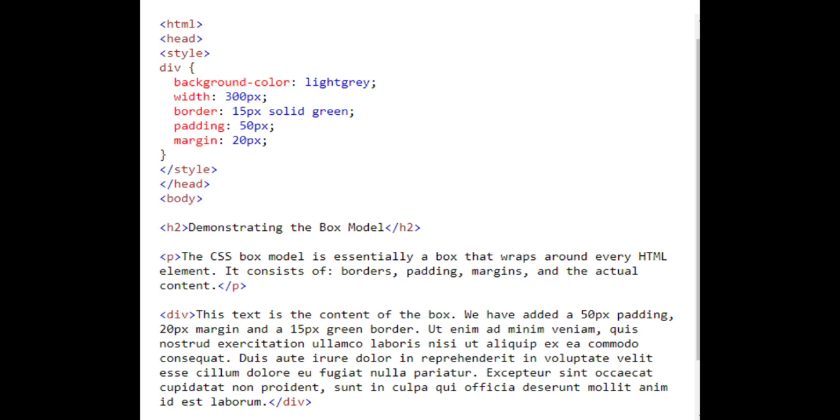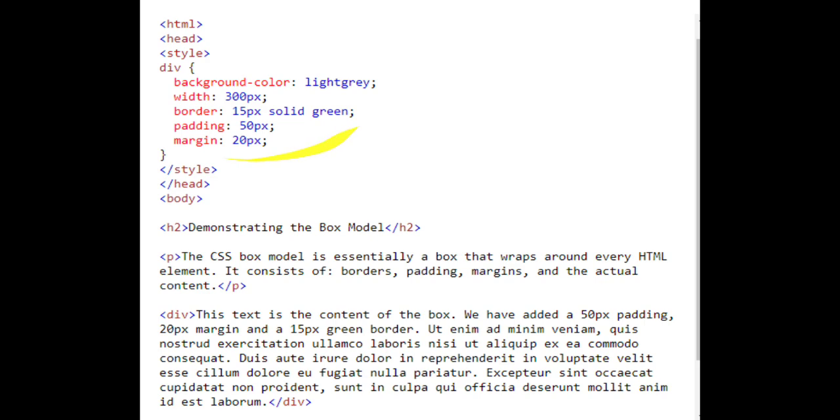Here I have an HTML document, and within this document I have used the CSS style. This refers to the internal or embedded style that you have studied: internal style sheets, inline style sheets and external style sheets.